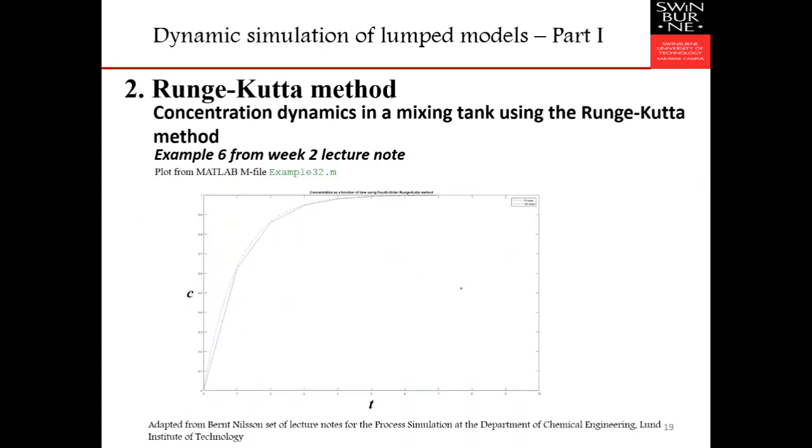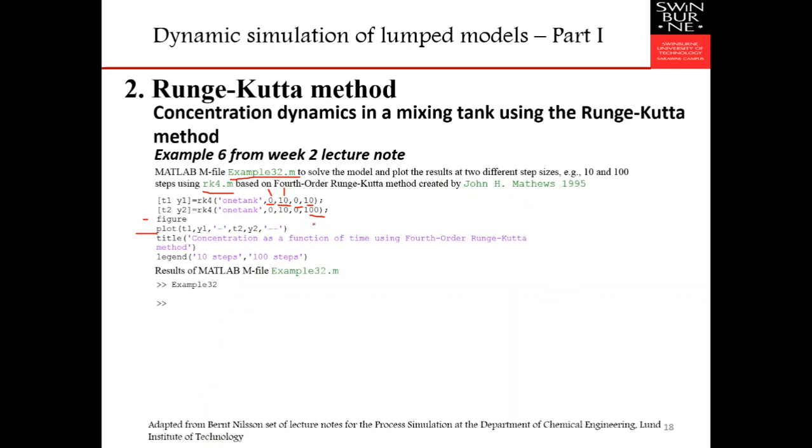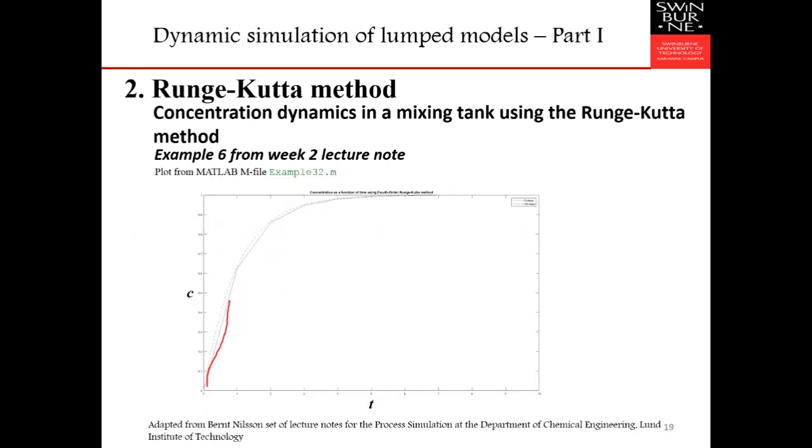So these are the results of your Runge-Kutta method. As we can see, even with a step size as large as 1, or basically a number of steps of 10, the curve is already quite smooth. But the one with 100 steps is definitely much better. This basically shows that the fourth order Runge-Kutta method is superior to the Euler method.